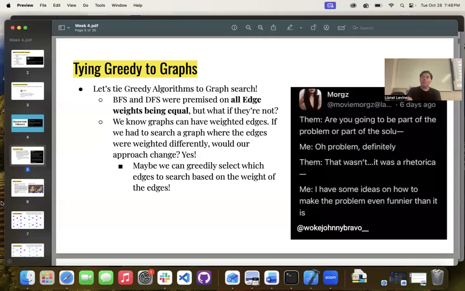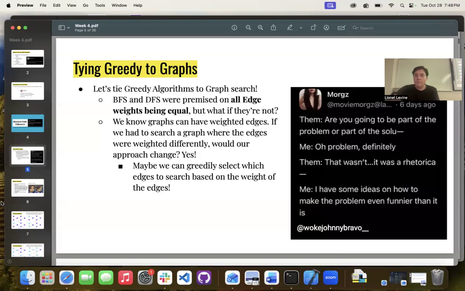But one of the underlying assumptions that governed both of those traversals is the idea that all of those edges have equal weights. In fact, we didn't even talk about that. That wasn't even something that we conceived of, because in our mind, all edges were equal. So it was just a question of what order you traverse them, because there was really no reason to choose one over the other. It was just a question of making sure you did it systematically, thorough and exhaustive, because fundamentally it was all the same. And so comprehensiveness was the key. But